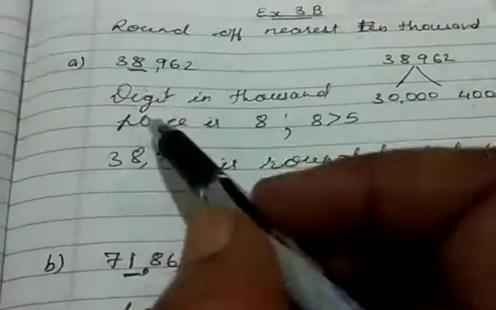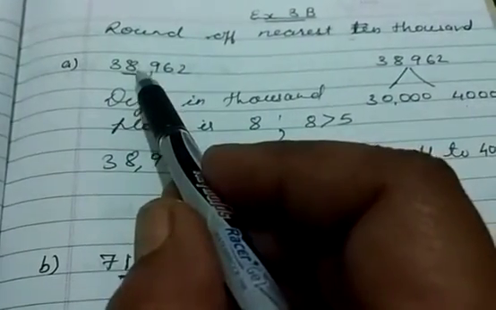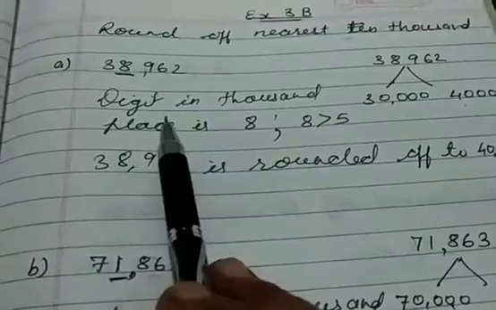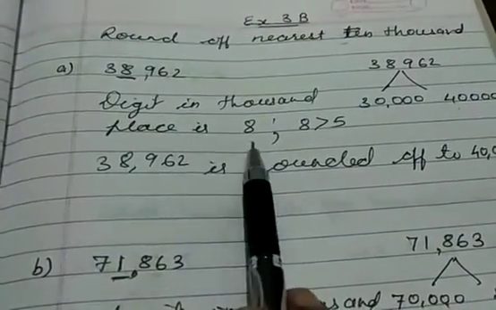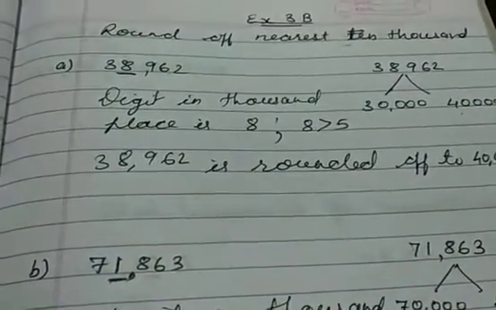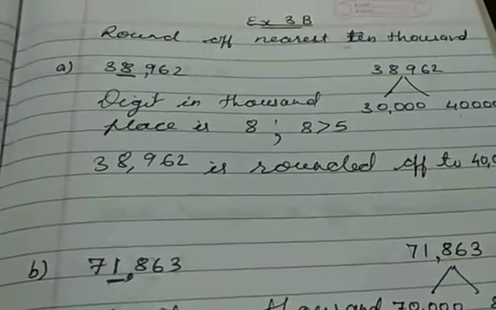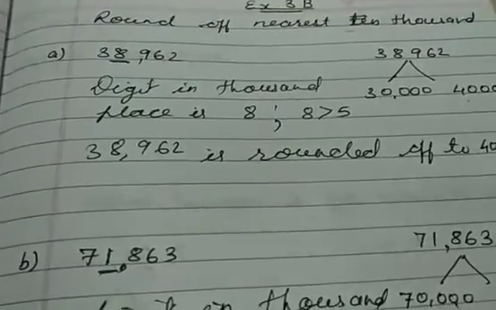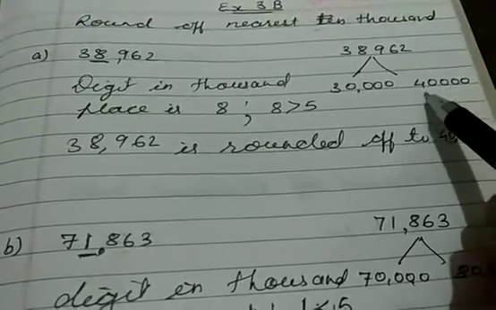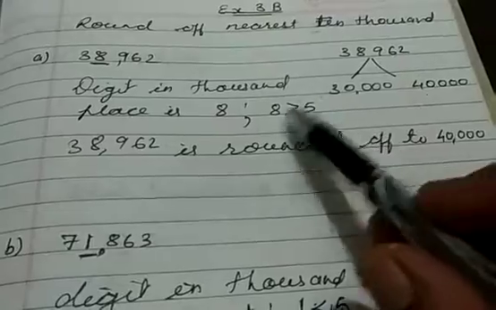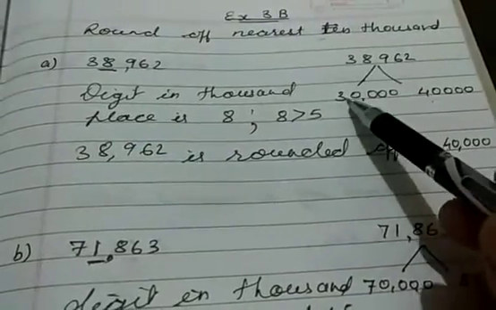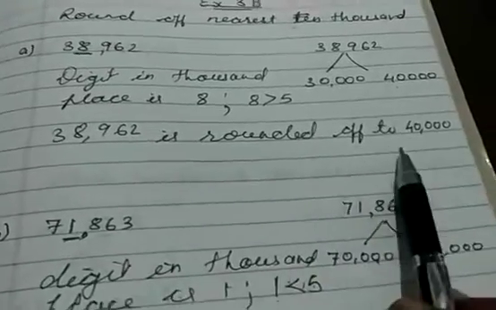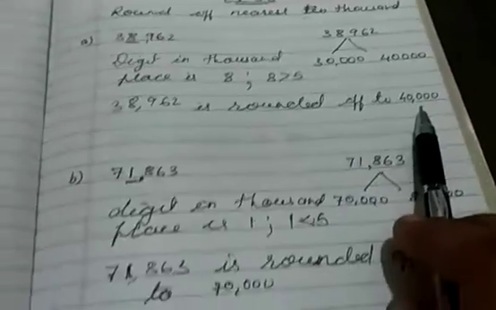Okay. Now we have to check the value in thousands place. So the digit in thousand place is 8, and which is more than 5. If it is more than 5, the rule will remain same as we did in the exercise 3A. So we have to go right hand side, means we have to round up to 40,000. If it is less than 5, so we have to round down here. So this is the 8 and it is more than 5, so we have to round up this number to 40,000.